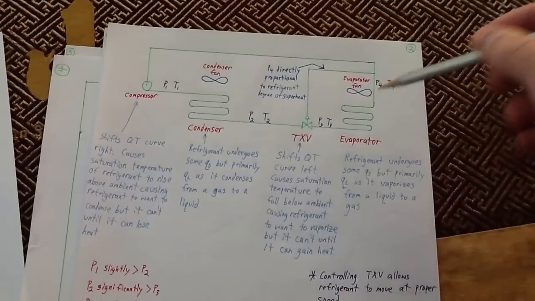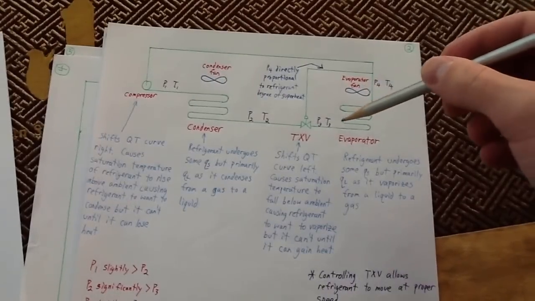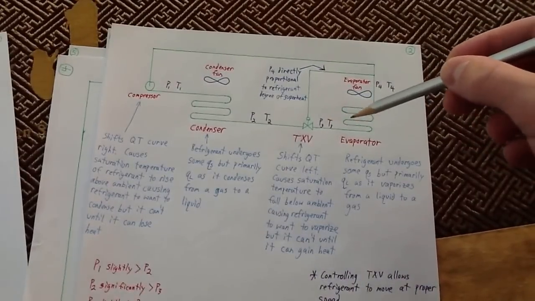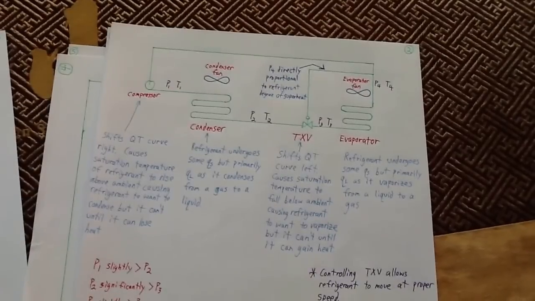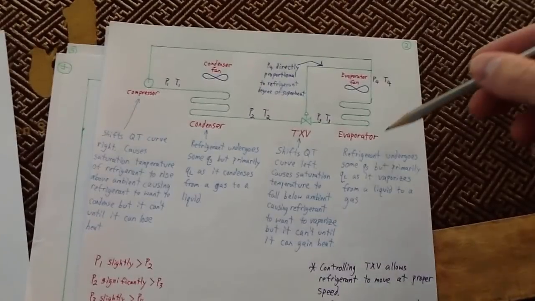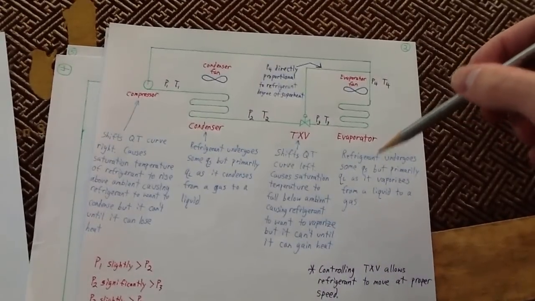How does it gain heat? It does this through the evaporator. And it sucks heat away from this refrigerated space by going through its latent heat of vaporization. Okay, so now the amount of heat transfer that takes place in the evaporator, for the most part, that's